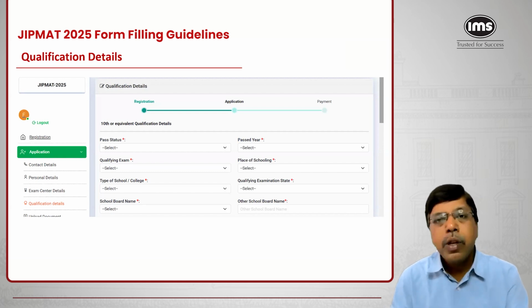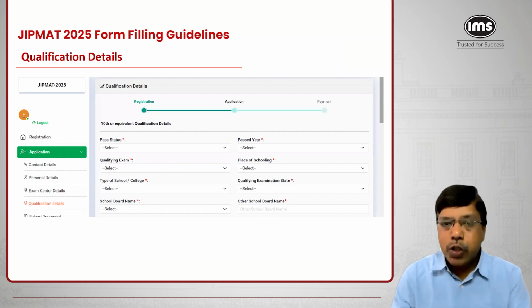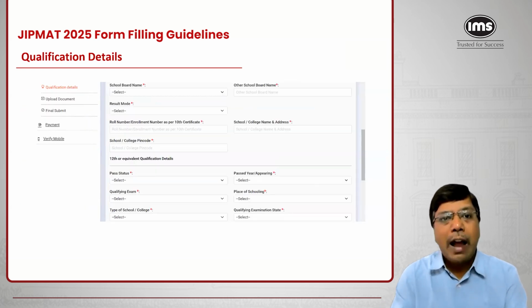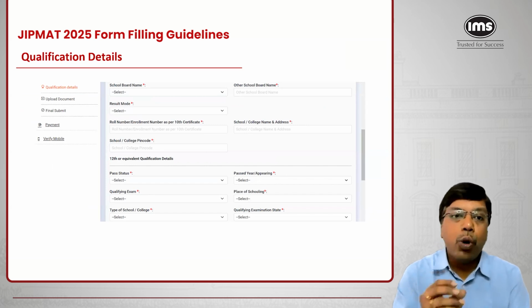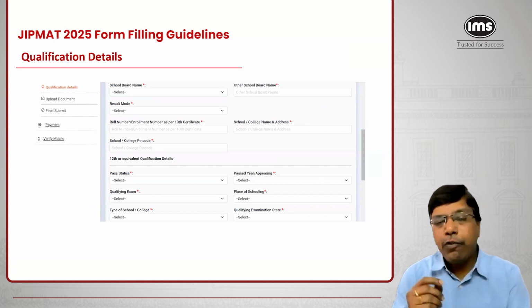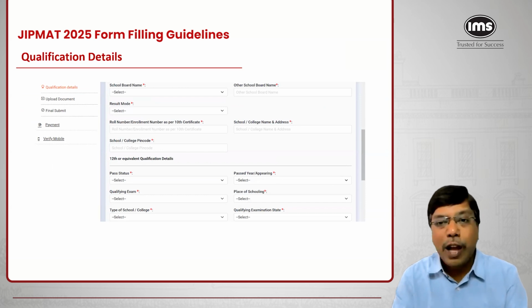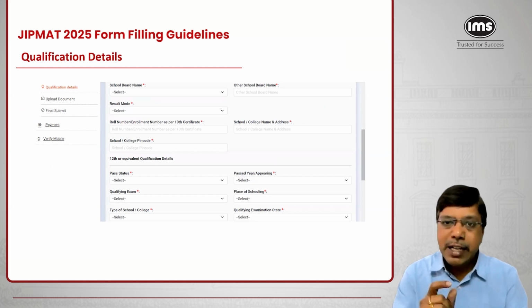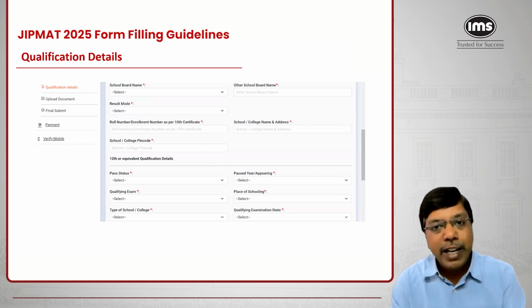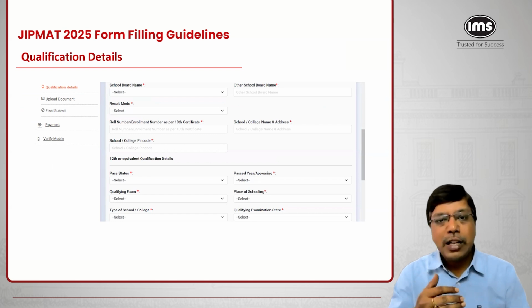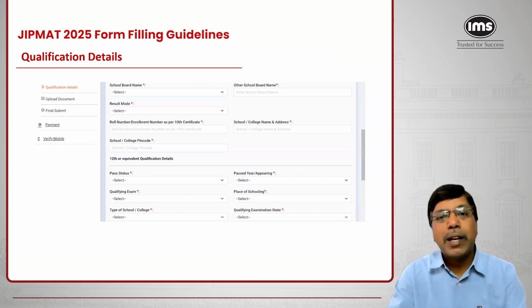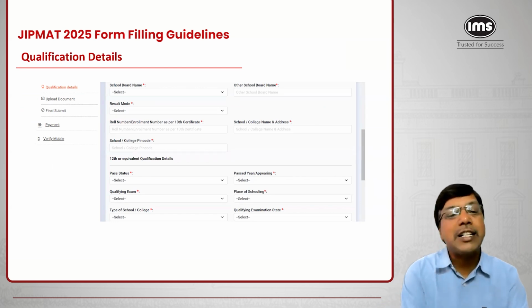passed the 10th class, qualifying exam, the place of schooling, type of school, college, qualifying examination state, state board name, etc. And then you'll also have to enter the result mode. The result mode as in, you'll have to choose whether the results for 10th class that you have are in terms of percentage or CGPA. So if it is given in percentage, then you select percentage. Subsequently, it will ask you to enter the total marks that you have scored and the maximum marks. If you select grades, it would ask you the respective details of maximum grades and the grades that you have